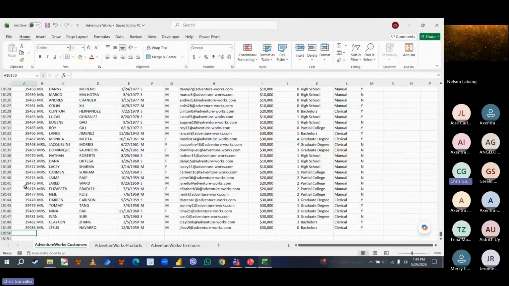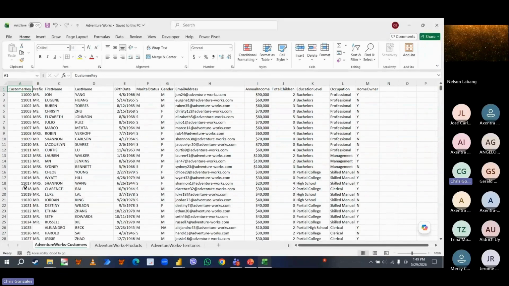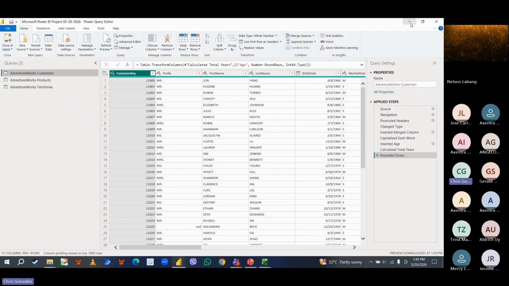Currently, we only have 18,000 loans. If there are some applied changes from the data source, you don't have to redo everything in the back end of your Power BI. All you need to do is click the Home tab and then click the Refresh All button.